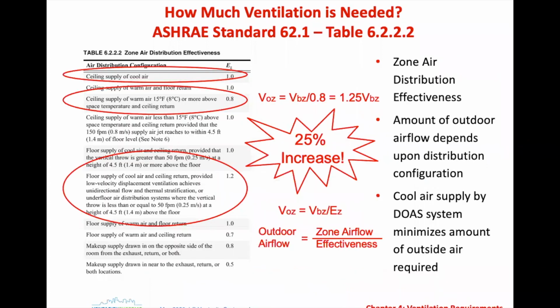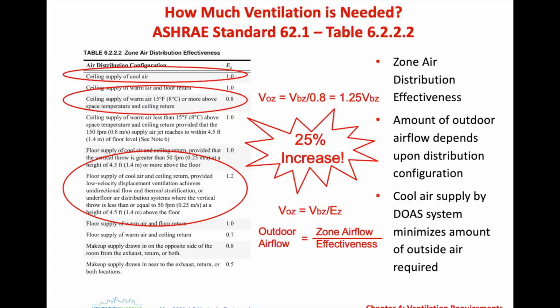Other things that are a factor, we're going to get into this more in a later session, in another one of these modules, but how that air is delivered is also an important thing. This is called the distribution effectiveness. This is where, when we talk about passive house ventilation and very high efficiency, this can play a big part if you're doing a dedicated outdoor air system. So what you're looking at here is this multiplier: the higher that number, the better the efficiency of delivering that air and providing ventilation.